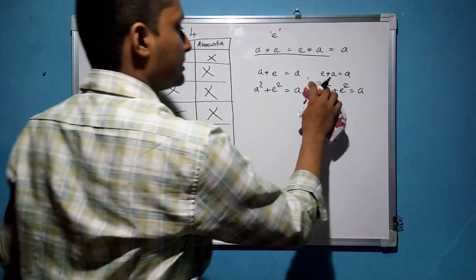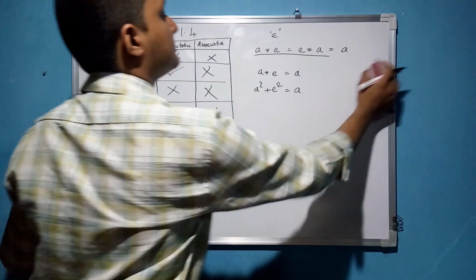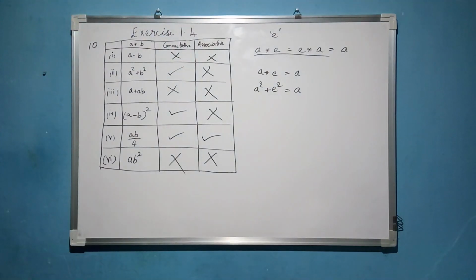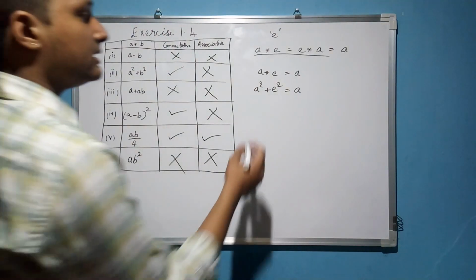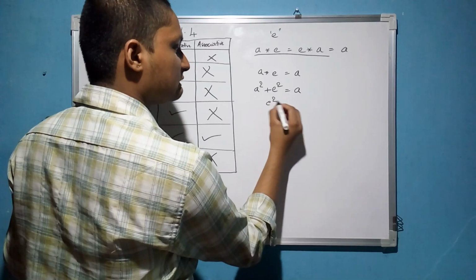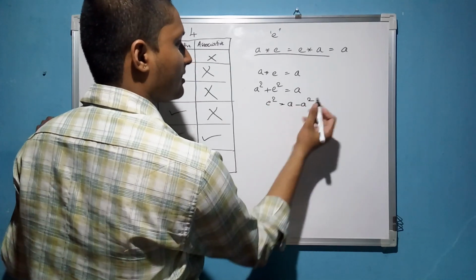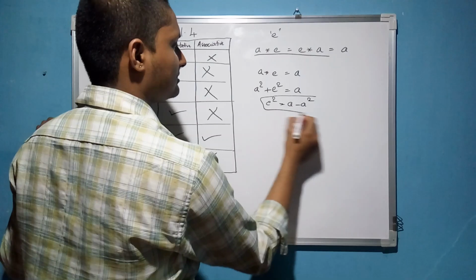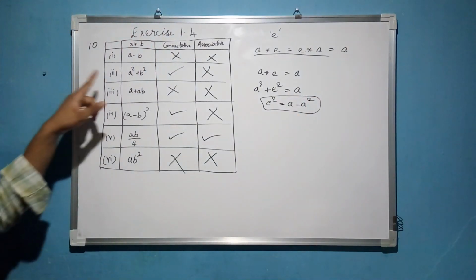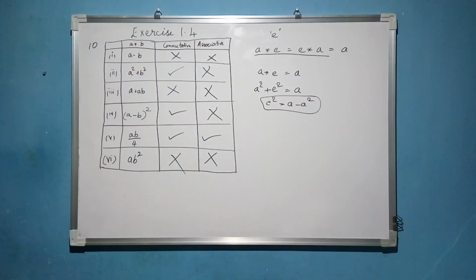So I can just remove one condition from the start itself. This A square plus E square is equal to A, but here you do not get a proper condition, that is E square is equal to A minus A square, and you get some absurd result and nothing else. So you can just tell that there is no identity for